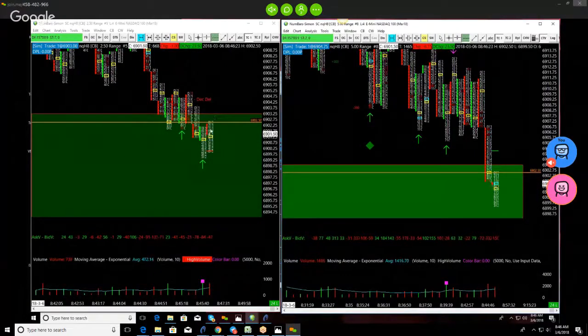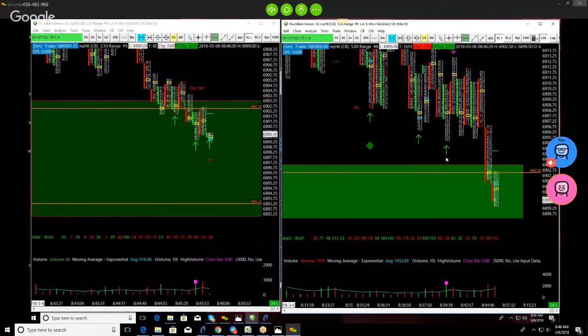And you see I'm getting delta divergences already through here as we're pushing down. That's what those arrows are. I'm expecting that they'll push up. If they don't, I just wait patiently till they finally show me their hand, which they will. So I'm going to do this live in terms of what I'm looking for. Right now, I've got nothing to do.